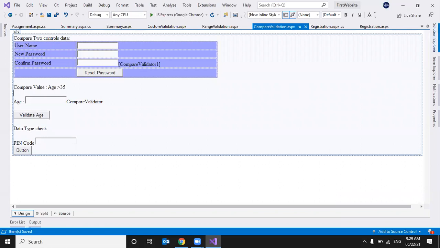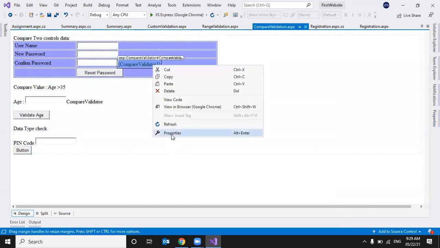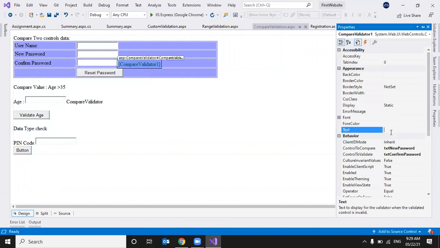Let me set the error message: "New password and confirm password should match." This is the message I'm going to display.